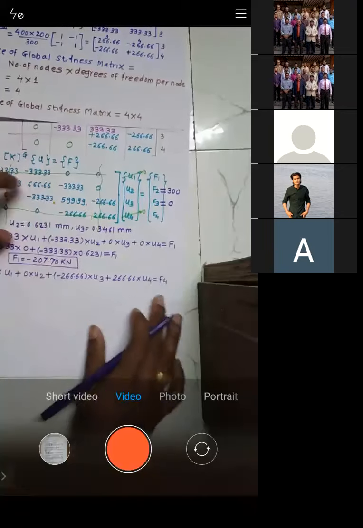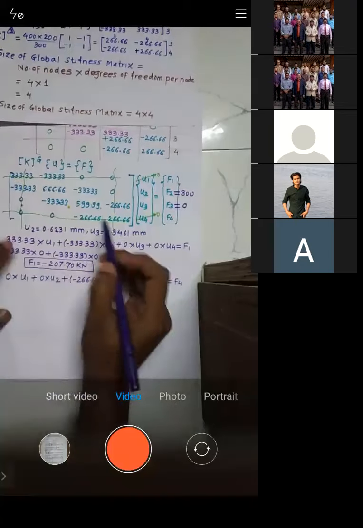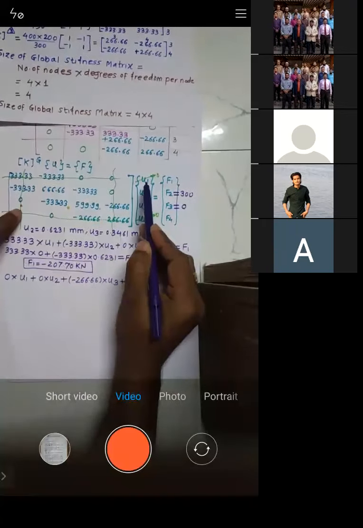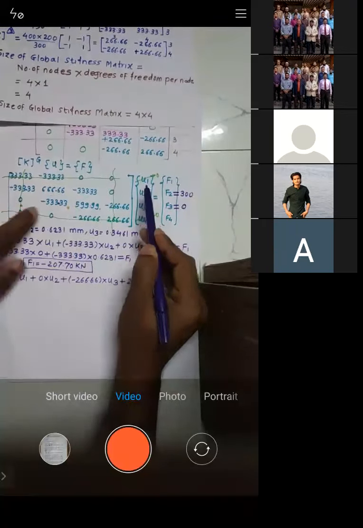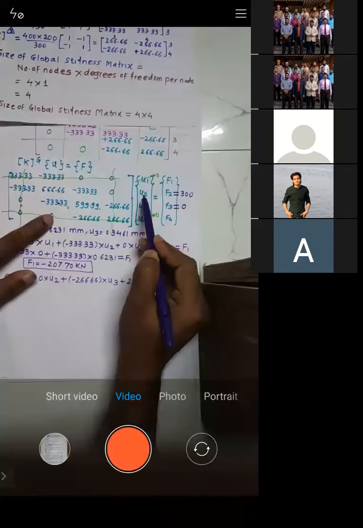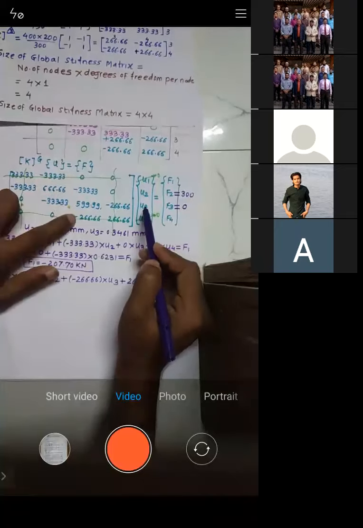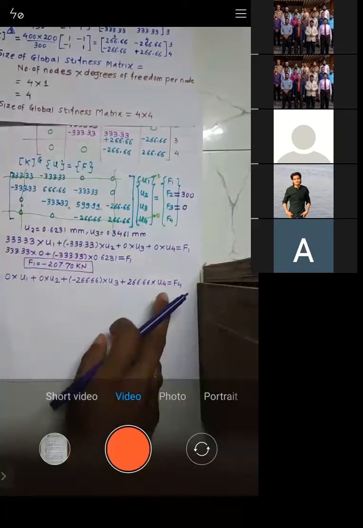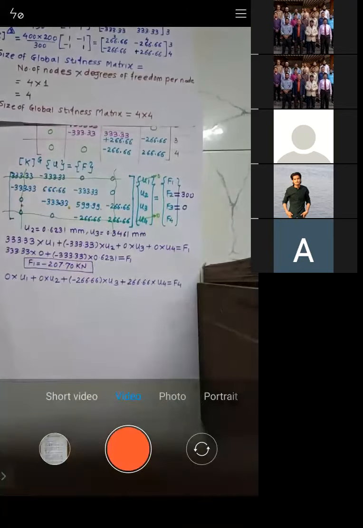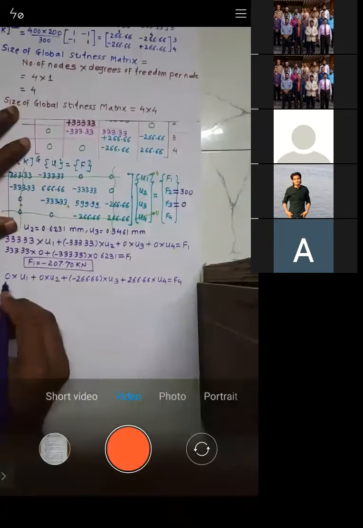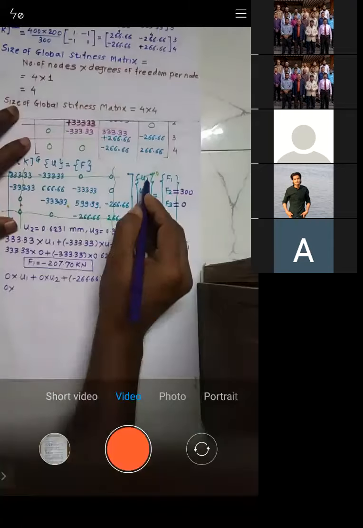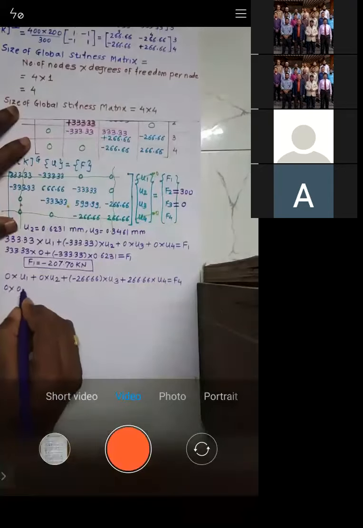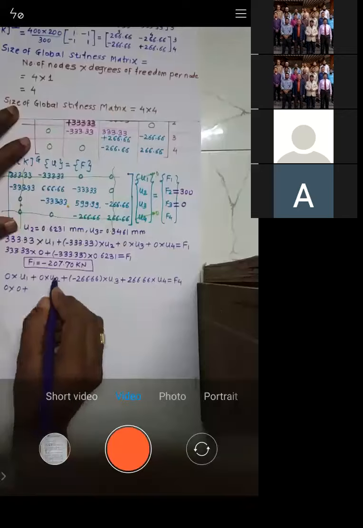Try to understand, I will repeat again. 0 into U1 plus 0 into U2 plus minus 266.66 into U3 plus 266.66 into U4. Is that okay? So now let's put the values. 0 into U1, U1 is 0 only, so that is 0. This term 0 into U2 is 0 only.